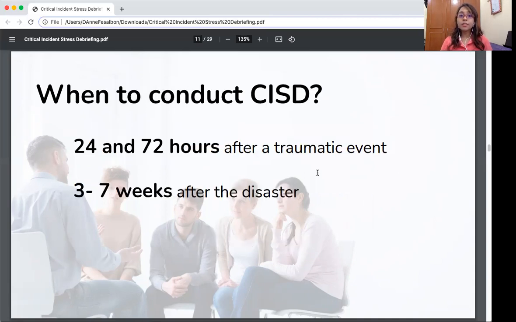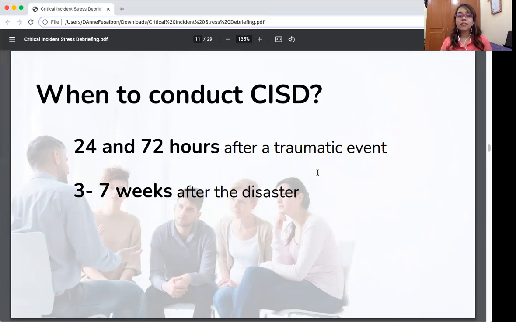Then, when to conduct CISD? In our research, you can conduct CISD 24 to 72 hours after a traumatic event. And then you can also do it 3 to 7 weeks after the disaster. But our professor recently told us that in recent studies, it's more preferable that you conduct CISD